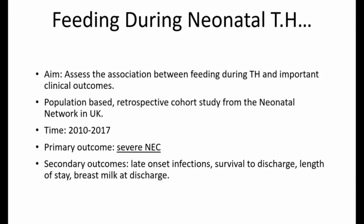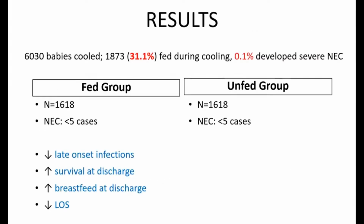And their primary outcome was severe NEC. The secondary outcomes were late onset infection, survival to discharge, length of stay, and breast milk at discharge. So let's have a look at, during that period, around 6,000 babies were cooled. But worth mentioning here that their criteria for cooling at that time in the UK was more than 36 weeks